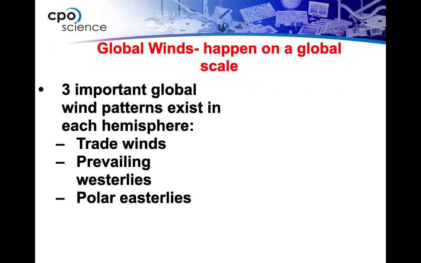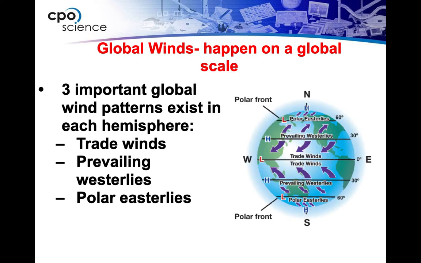So global winds happen on a global scale. We have two different types of winds: global winds, which happen on a global scale, and local winds, which happen on a local scale. Makes sense, right? There are three important global wind patterns that exist in each hemisphere. First of all, from 0 to 30 degrees north or 0 to 30 degrees south,